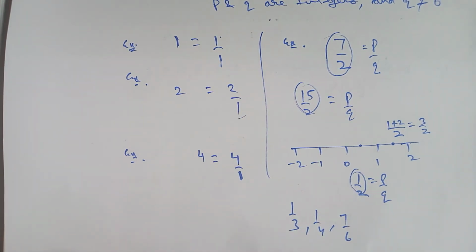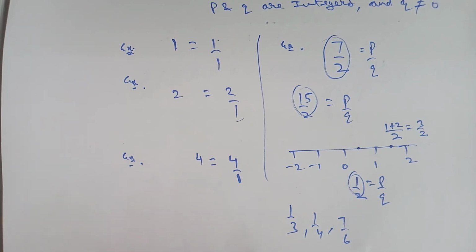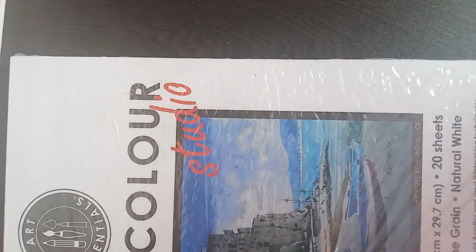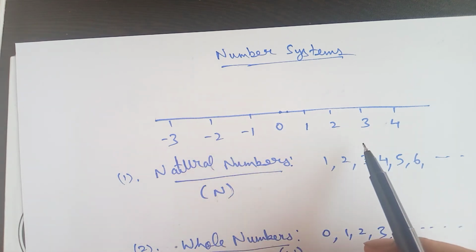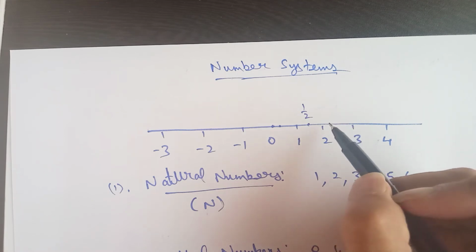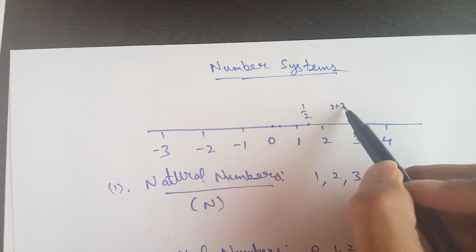Now can you imagine any number other than all these numbers that I have just written down, and that can be separated from the category of rational numbers? I'll make my statement again. All the numbers that I have written on the number line initially, like minus 3, minus 2, minus 1, 0, 1, 2, 3, 4, these are rational numbers. And then we saw there is a number between 1 and 2. There is a number between 2 and 3, and that number can be written as (2 plus 3) by 2, that is